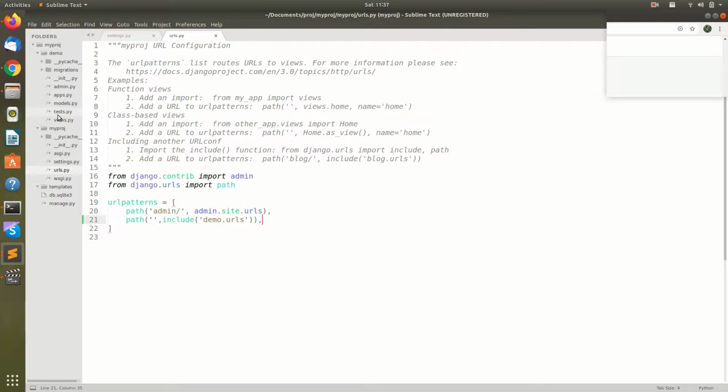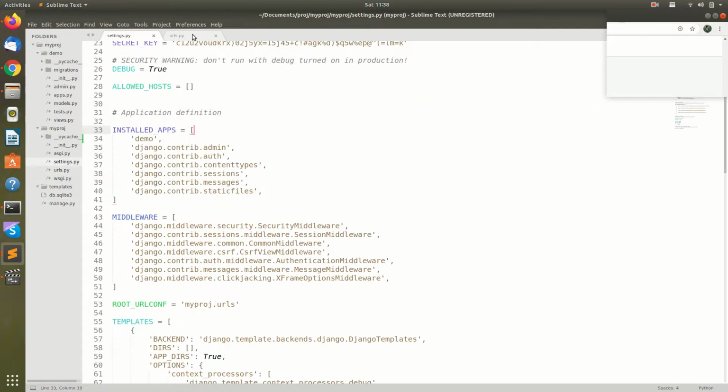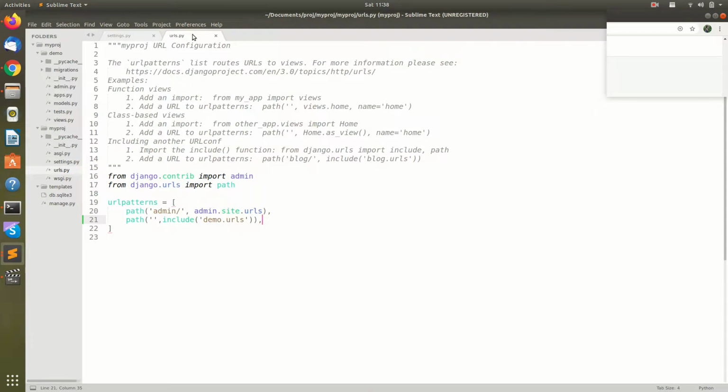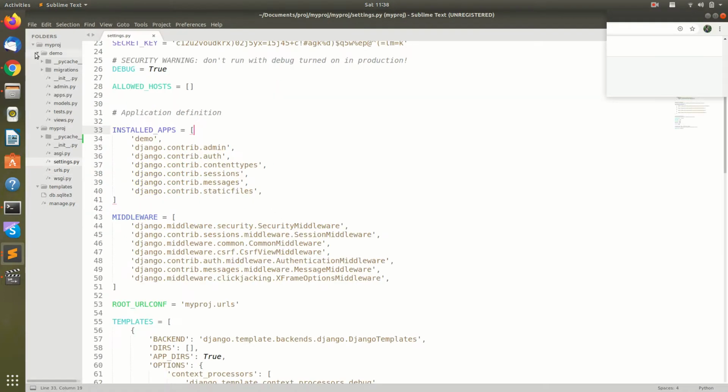So until now, first of all we have registered our app name into settings.py, then we have registered our app's urls into the project's urls.py. Next, just close it. Next, in your app,